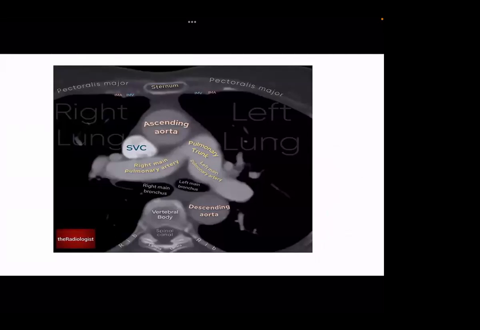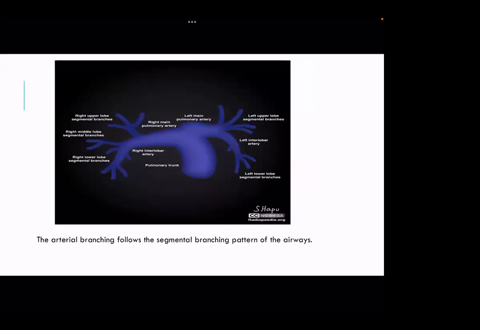So this is the level of the pulmonary trunk, giving the right main pulmonary artery and the left pulmonary artery, and the relation to the superior vena cava and ascending aorta, and to the left and right main bronchi. The arterial branching pattern of the pulmonary arteries follows the segmental branching pattern of the airways. So as you can see here, the right main pulmonary artery gives the right upper segmental, right middle lobe segmental, and right lower lobe segmental, while the left gives the left upper lobe segmental and the left lower lobe segmental